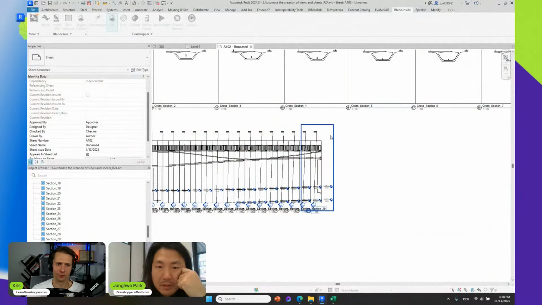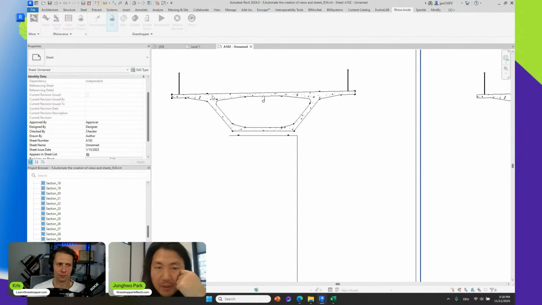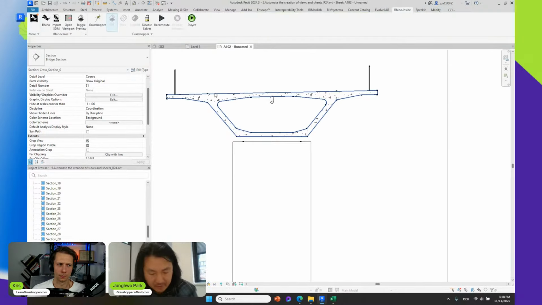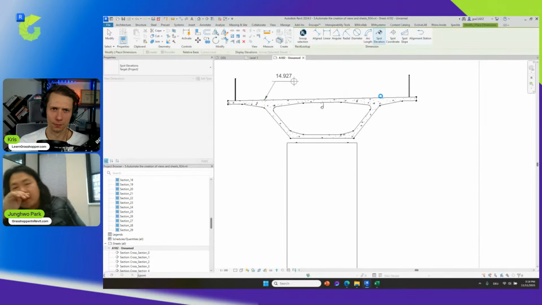And because the geometry keeps changing, and it has a reference to those control points and geometry, as long as those points are not lost from a big design change, whatever you annotate will keep updating in the future also. And in this masterclass, we didn't cover how to reference those Revit vertices or edges